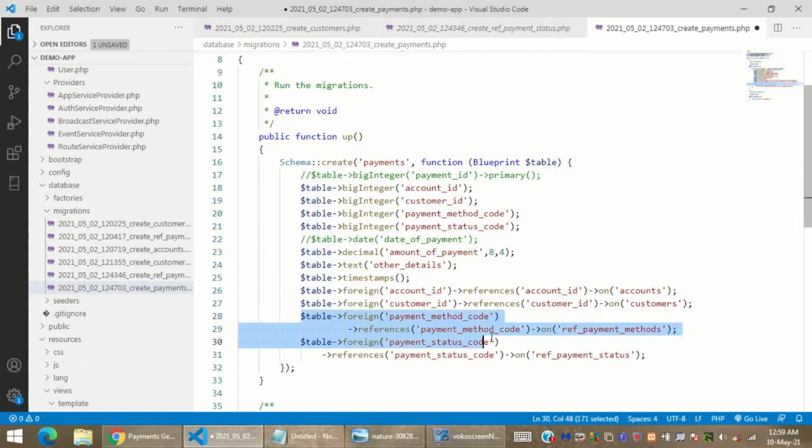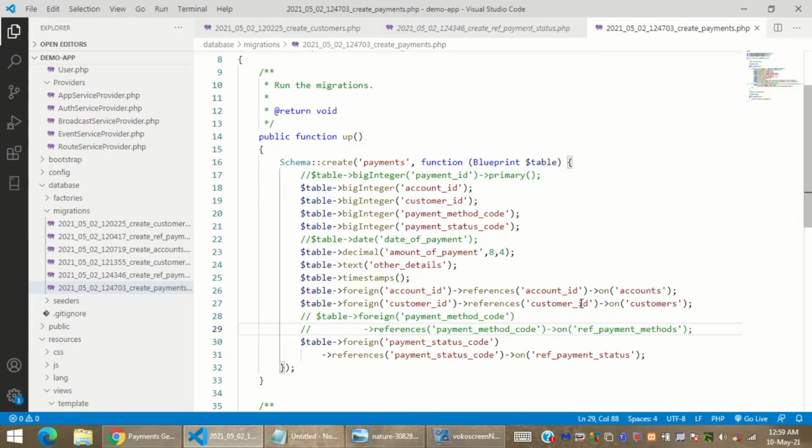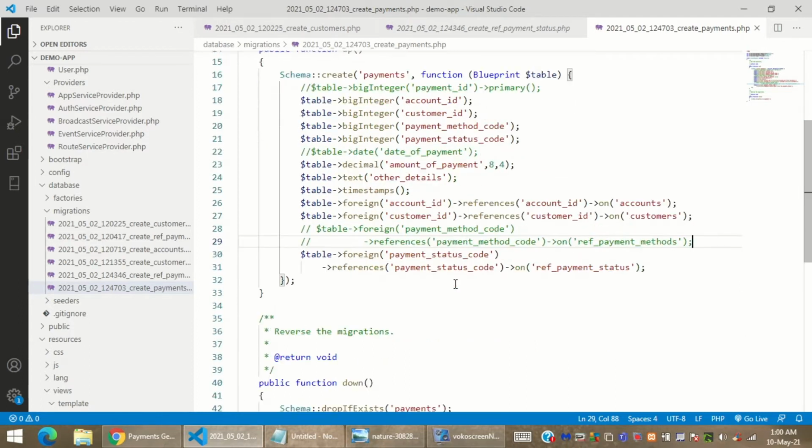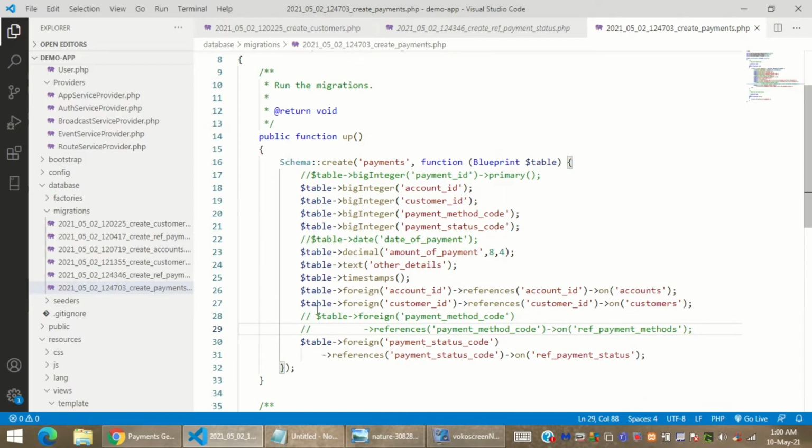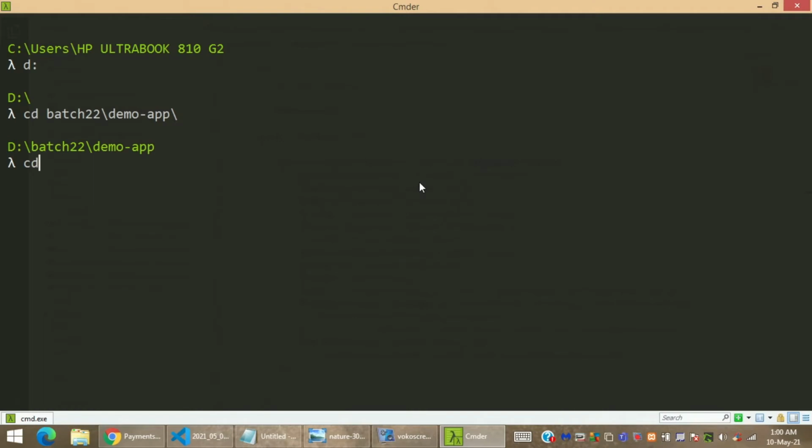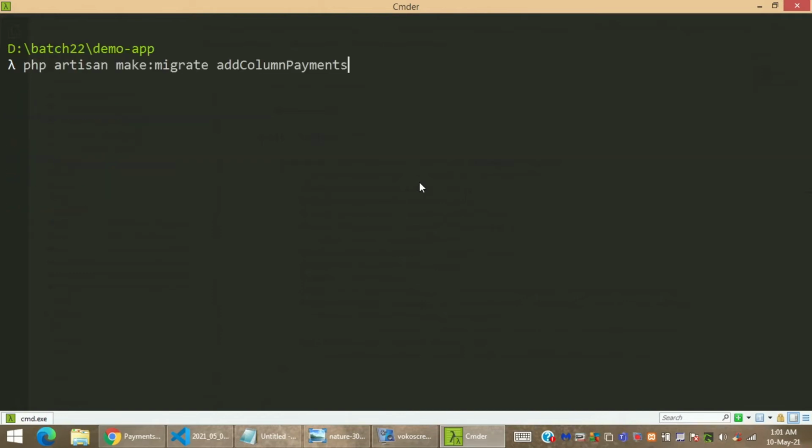One column is the primary key, and another column is the foreign key, to be put in the comment section, and I'll show it to you once again by rolling back the entire process, and then I'll create the payments table again without the primary key, foreign key and date of payment column. Fine, because we have already kept it in rollback mode. You can see if I run migrate, it says nothing to migrate, so everything is migrated. But now